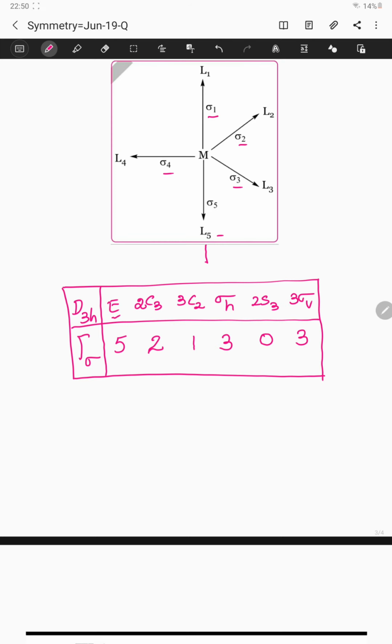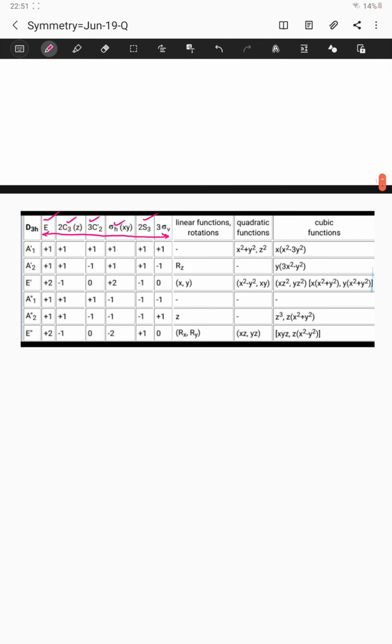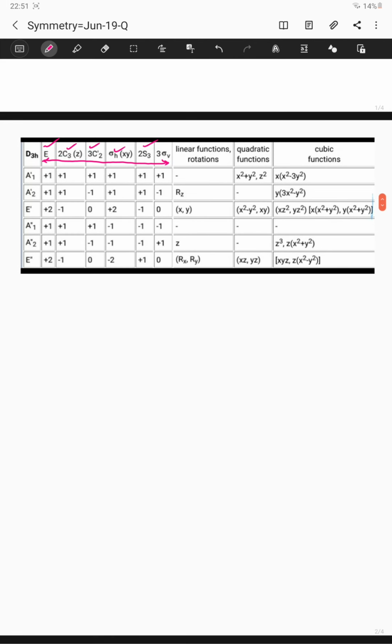So this becomes the reducible representation. Once the reducible representation is in hand, the next thing that we have to do is to reduce it by using the standard reduction formula. All these things are done in the regular classes, so I'm not going to discuss them. By using the standard reduction formula and the character table for the D3h point group, the representation that we get is